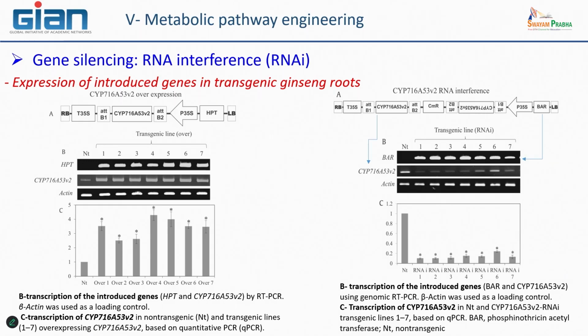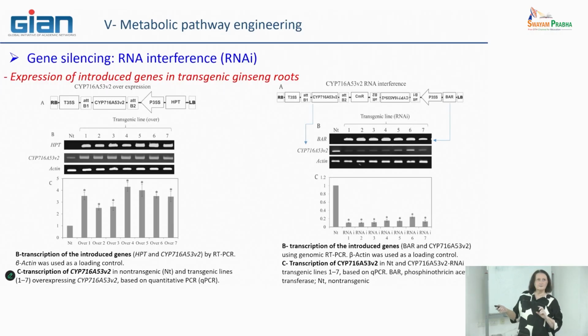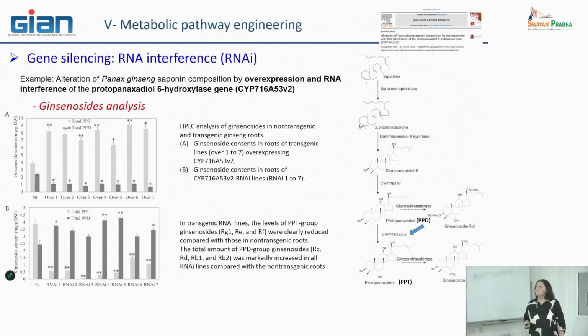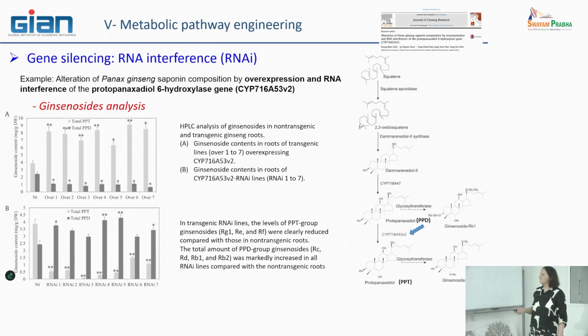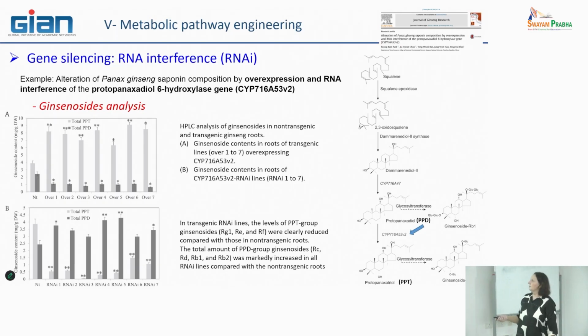You do exactly the same in the plants that overexpress the genes, and you can see that the control has a reference quantity of mRNA, and all the plants that overexpress the genes have a higher amount of this transcript. So all the plant lines have been well characterized. What happened now concerning their ability to produce the metabolites that we want to study here, in particular PPT and PPD, both of the two molecules.